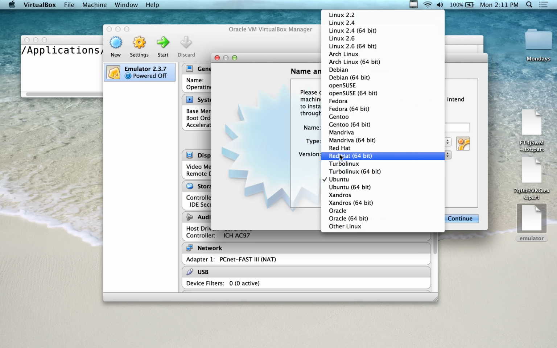Under the version, go all the way back up and click on 2.4 or 2.6. Use the 64-bit. These are 64-bit ISOs. I know you might be on a 32-bit system. Doesn't matter. We're running it through an emulator, VirtualBox. It's going to convert it, so it'll be just fine. So I like the 2.4. I'm going to select 2.4